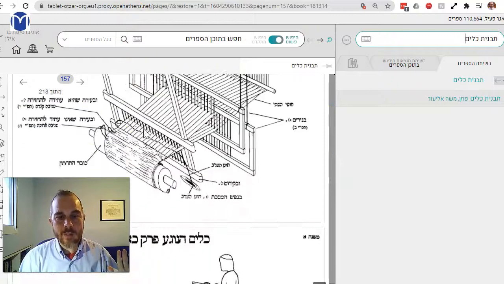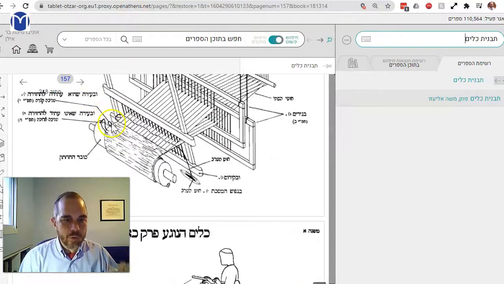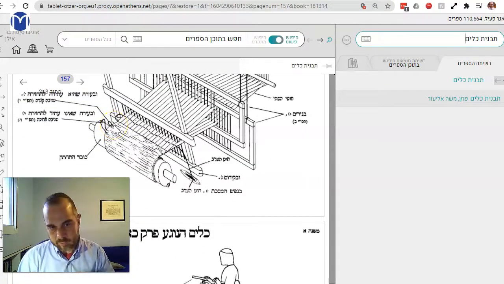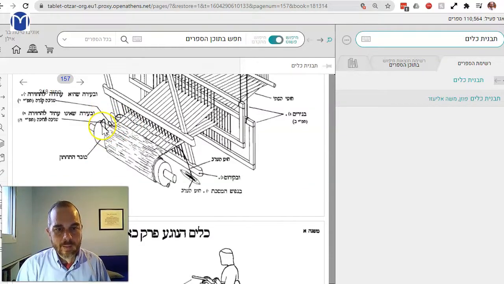When you're making the cloth, sometimes there's a protrusion. If it's a big protrusion, think about a sweater with a pull. If it's a very big protrusion, you're going to try to connect it. If it's a small protrusion, you're going to try to put it back in. If it's a large protrusion, you're going to cut it, you're going to